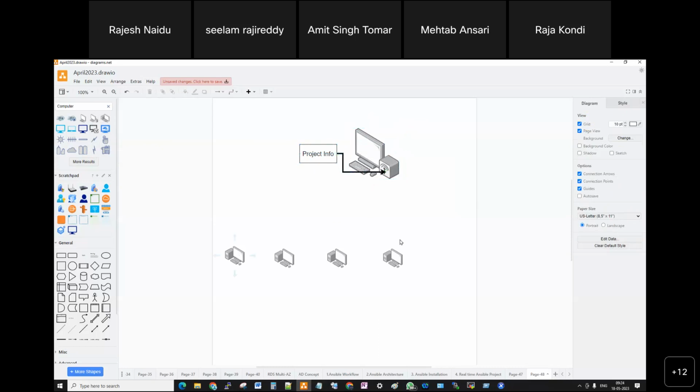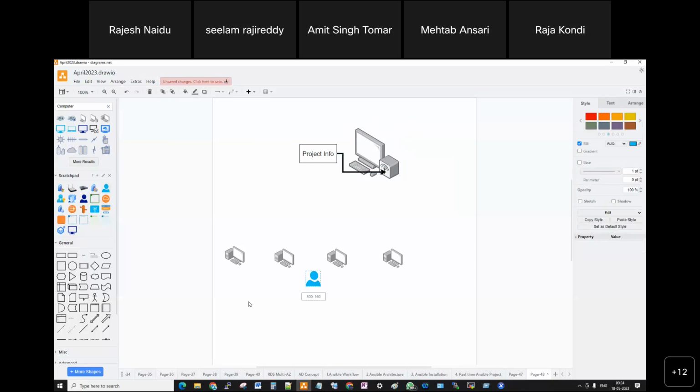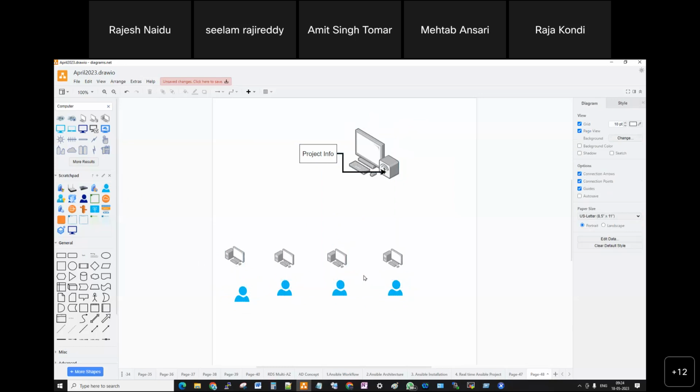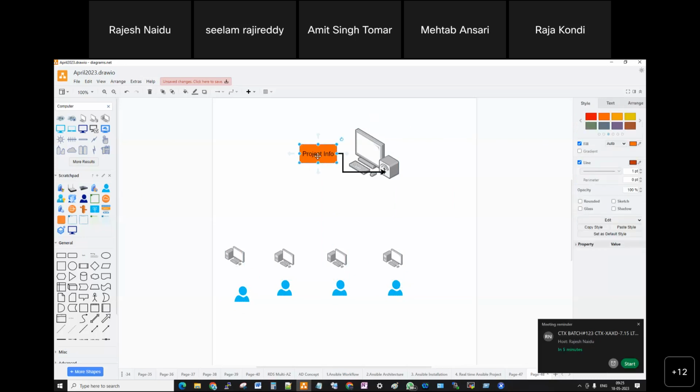And suppose you're joining the project. This is you. Like other people in your team, they're also joining the project. Suppose these are the Linux machines. If you keep accessing the data like that, it's very difficult. So you will create a network drive, a network file share will be enabled here. This drive will get connected to each and every system. Each and every system will get connected like this.